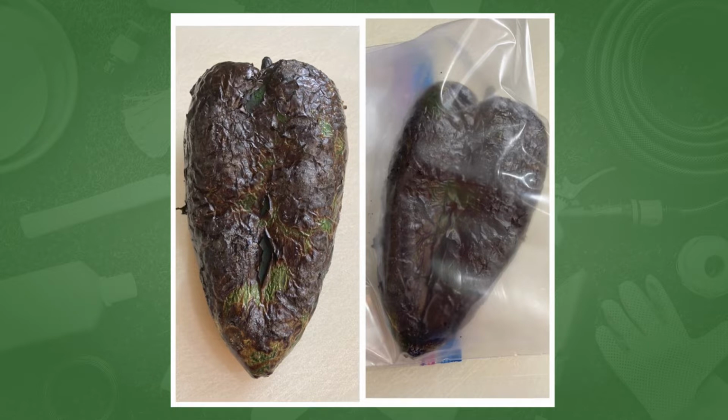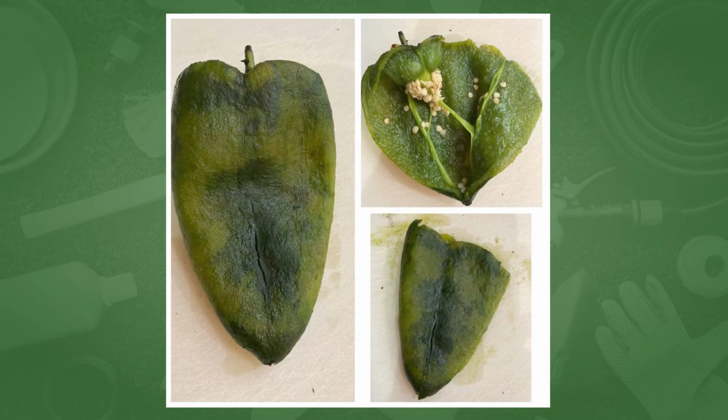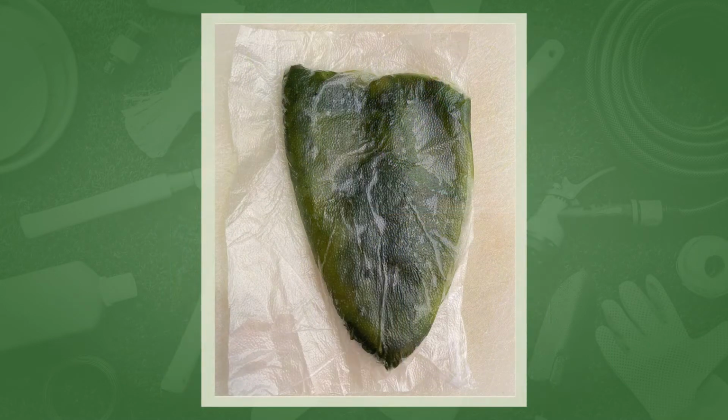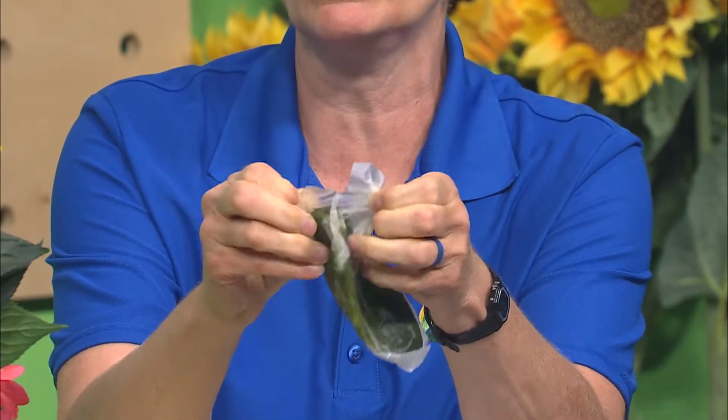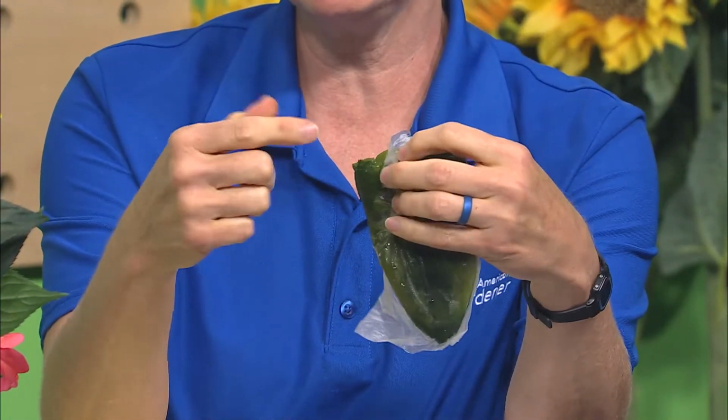So once I've removed all that skin, then I'll slit open the pepper, remove all the seeds, and then the little veining that's on the inside can be pretty intense in heat, so I'll kind of peel that off. And then I'll flatten it, and I will lay it flat, and I'll layer it in a multi-purpose sealing wrap. And, oh, he's thawed. But so this is the sealing wrap, and so I've squashed my peppers, so they're not taking up a lot of room in the freezer. So then with recipes, I can just tear this open, chop the frozen pieces that I need off,